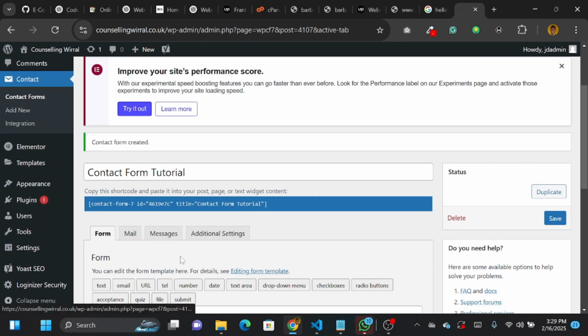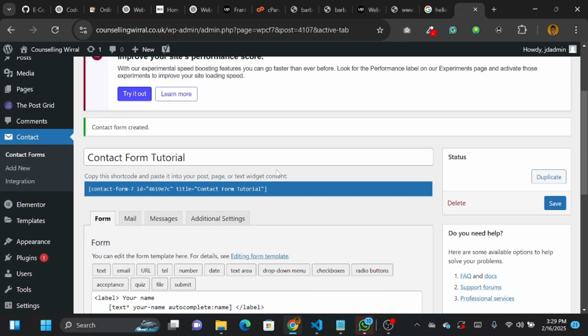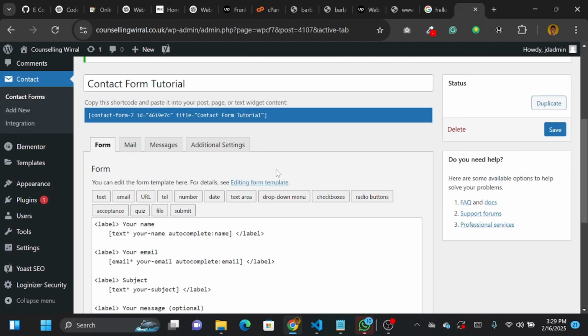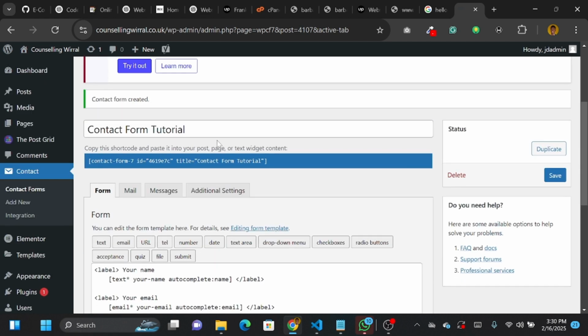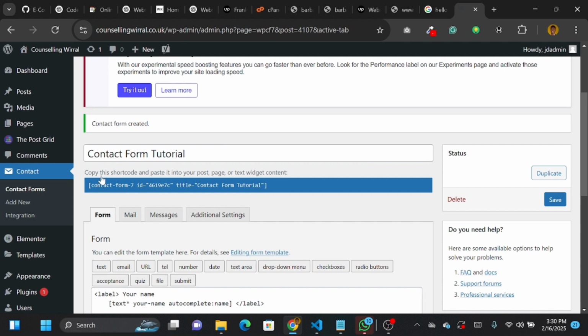Okay, so our contact form is active. So what we'll do now, we want to copy the shortcode for our contact form. As you can see, copy this shortcode and paste it into your post, page or text widget. So this is our contact form code. So what the code does is that once you paste this particular code